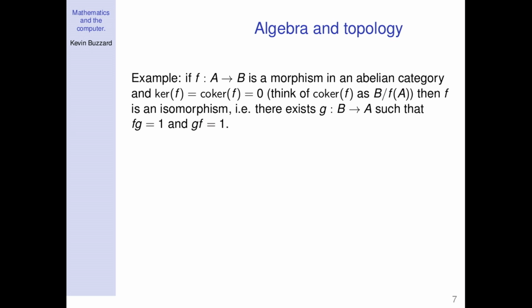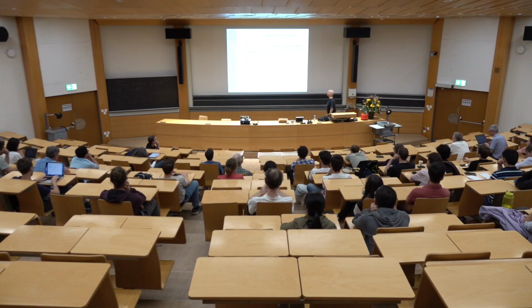So in the category of abelian groups, it's certainly true that if you've got a map with no kernel and no cokernel, then it's injective and surjective, and so it's bijective, and a bijective map between abelian groups is an isomorphism. That's morally what the axioms for an abelian category are telling you. A bijective morphism has an inverse. But of course, in category theory, objects don't have elements, so the concept of bijective doesn't make sense, but you can get around it using category theoretic language. So this is the idea.